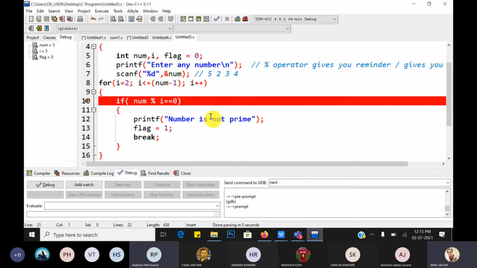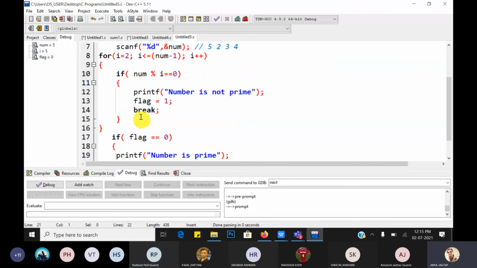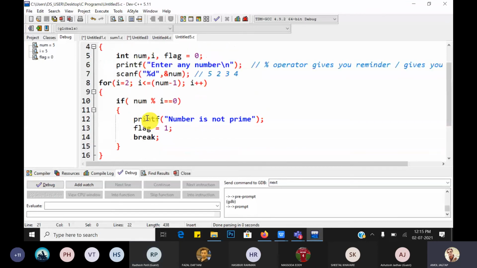Guys, hope you understand how we can write this type of logical problem statements. Yes, sir. Yes. A lot of logic is required for solving these types of problems.